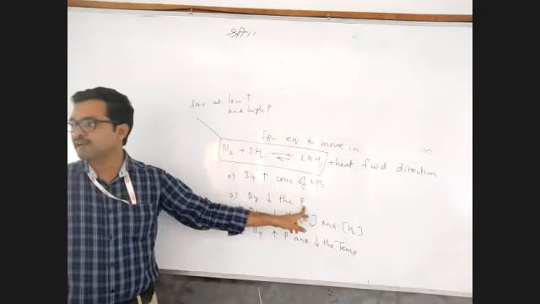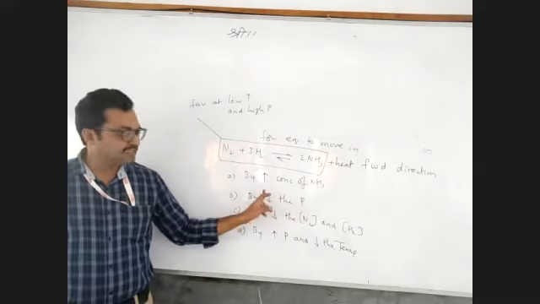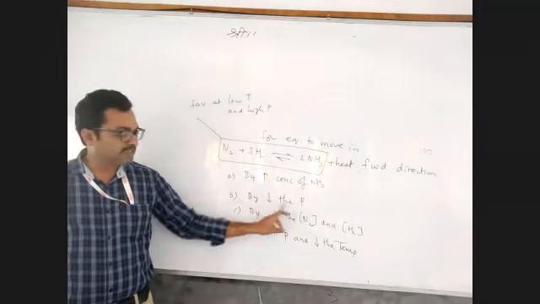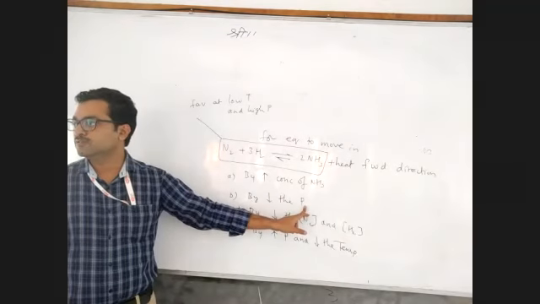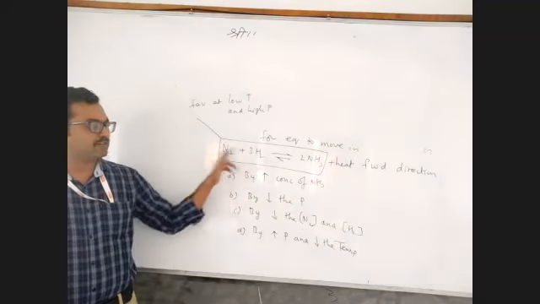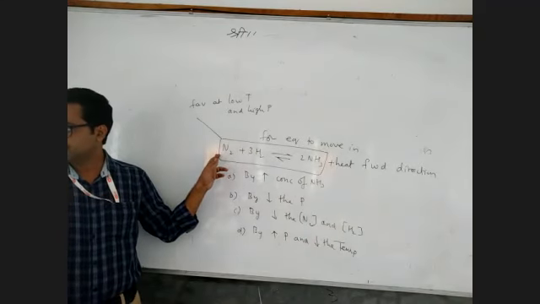By decreasing the pressure, equilibrium moves to more number of moles. One thing you have to remember: increasing the pressure, equilibrium moves to less number of moles. Decreasing the pressure, equilibrium moves to more number of moles. So where are more number of moles? 3 plus 1, 4 are there. So which reaction? Only backward.